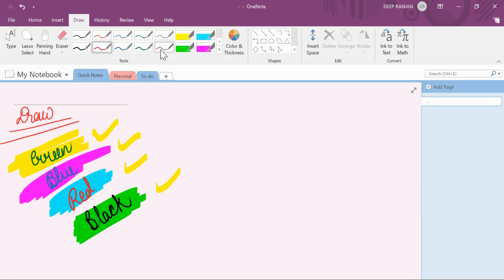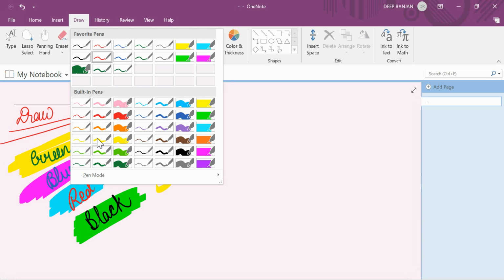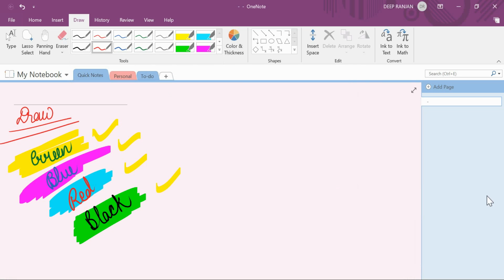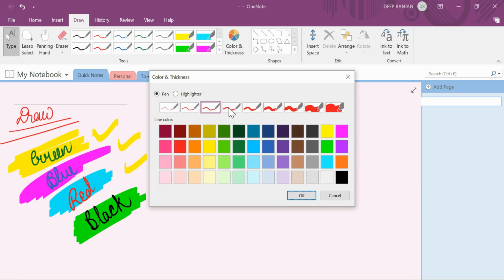And now if you are not satisfied with its size or thickness or color, there is no option for it here. You can select more thickness here, but more options aren't available. So what you will do is go to Color and Thickness. I have already clicked. Here it is, Color and Thickness. You will click on it.